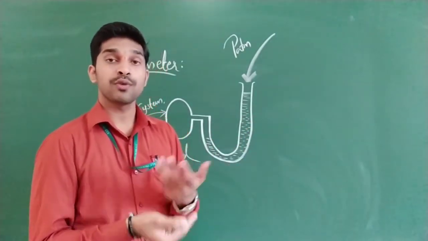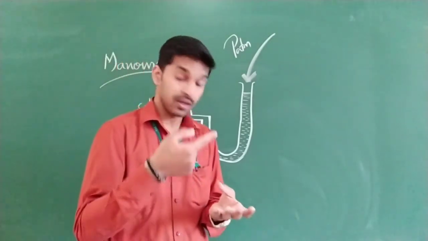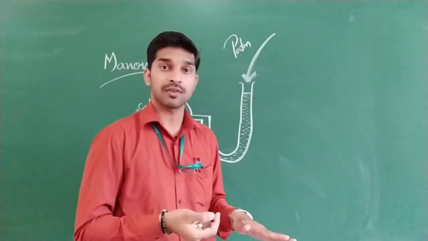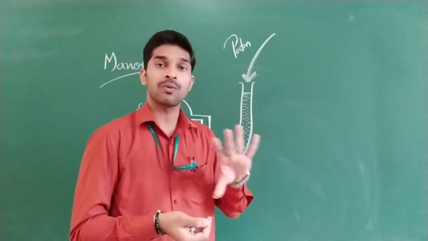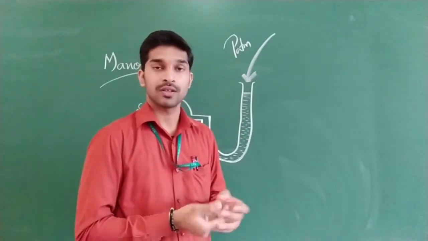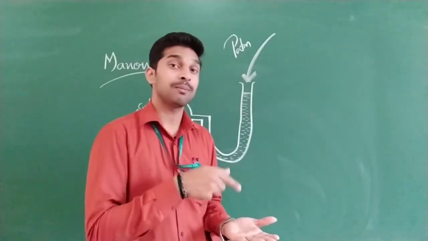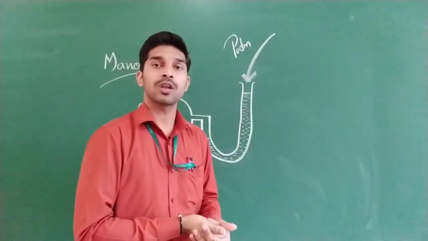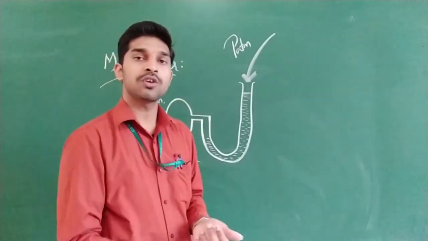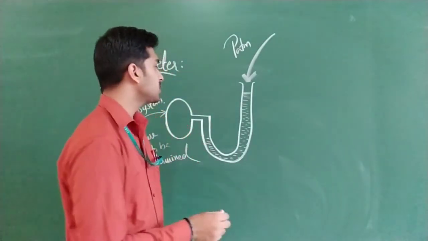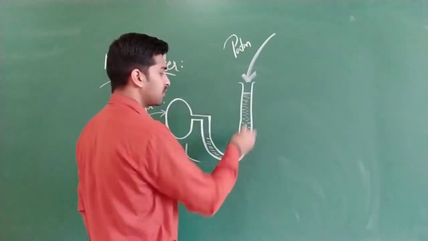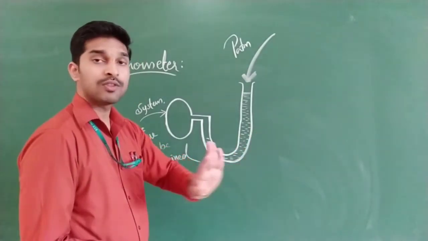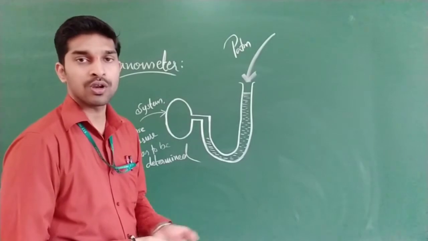Clear? And if you mix all three, mercury, water as well as oil, mercury will stand at the last level. In between mercury and oil, water will come. At the topmost, oil will be there. At the bottom, what will be there? Mercury. Then water, then oil. Why? The density of oil is very less and the density of mercury is very high. So based on those factors, it depends on which pressure difference you need. If the pressure difference is maximum, you can go for mercury. If the pressure difference is minimum, you can go for oil.